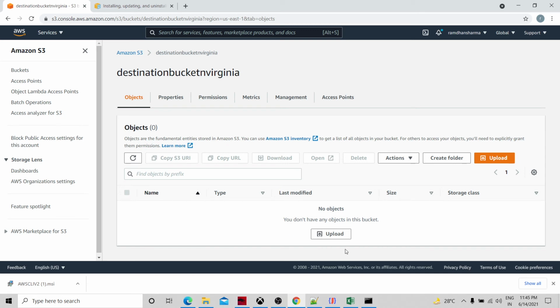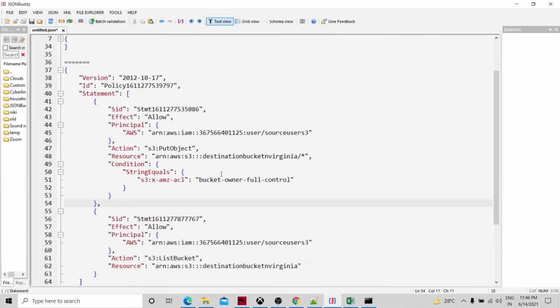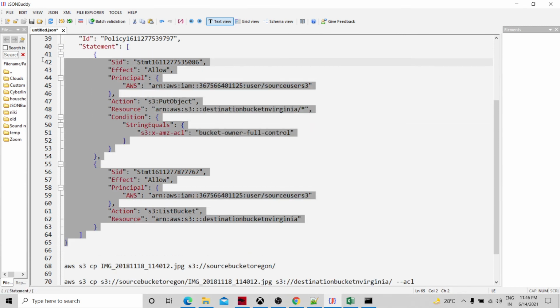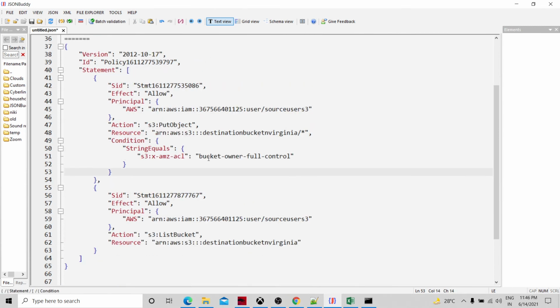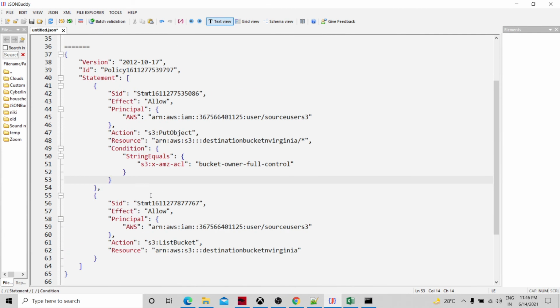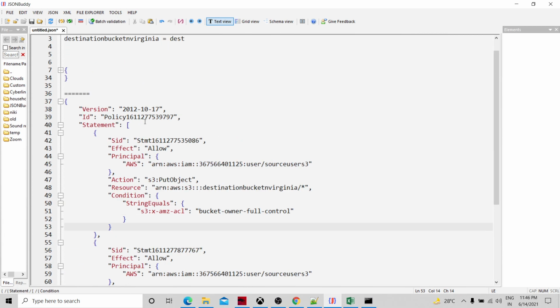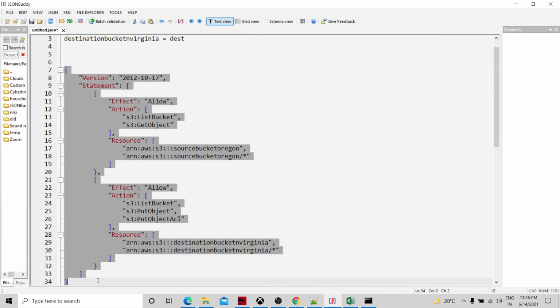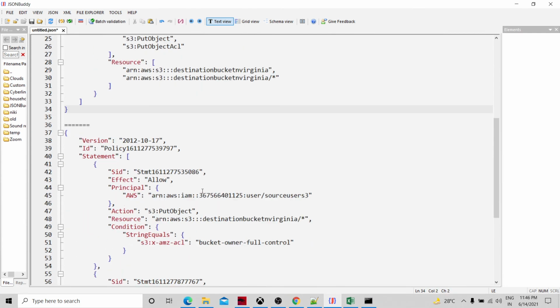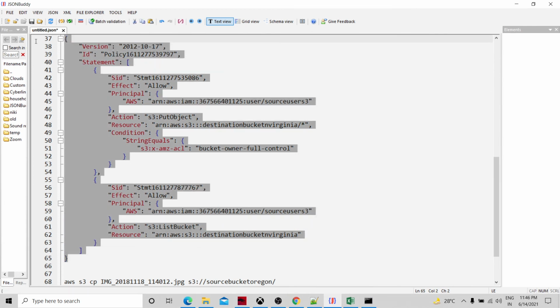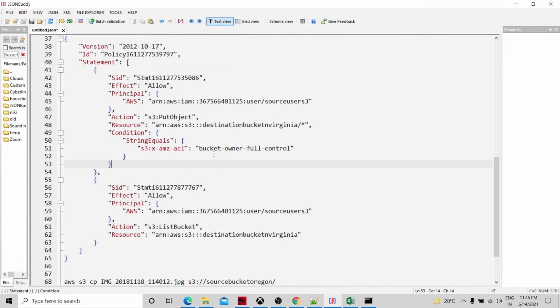So what we have done so far is, for the source account I have defined this policy and assigned it to the source user, and for the target bucket I have defined this bucket policy and attached it to the target bucket.